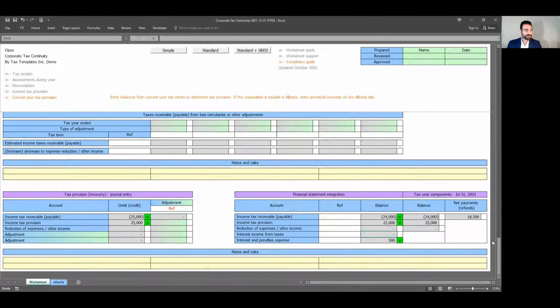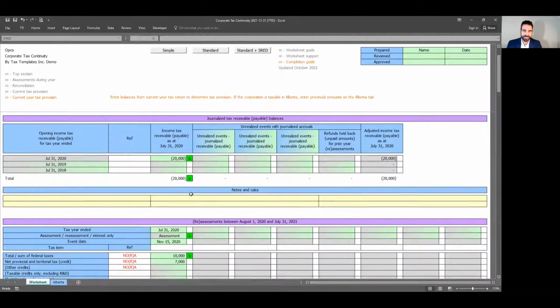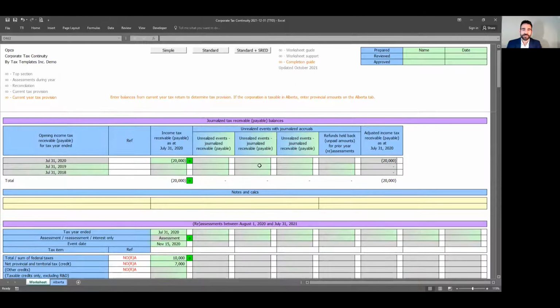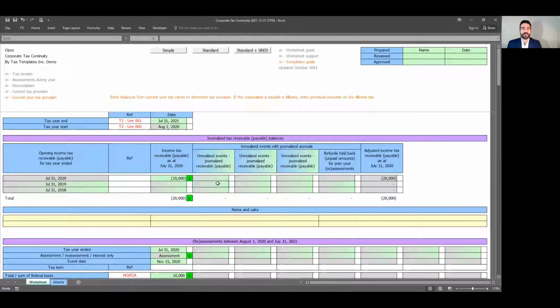All right, perfect. So now let me walk you through a few other key components of this worksheet, including scenarios where we might have a reassessment. Well, first off, I want to talk about these journalized tax receivable items at the very top and what they're for. So an example where this might apply is, let's assume that maybe our client is being audited in 2018,